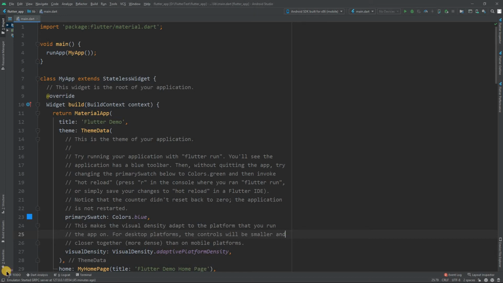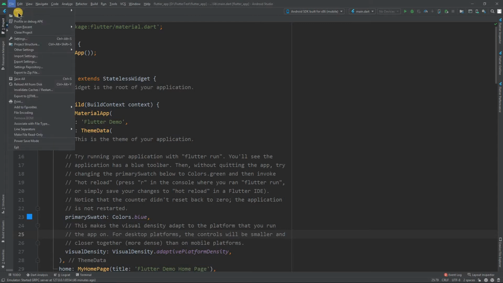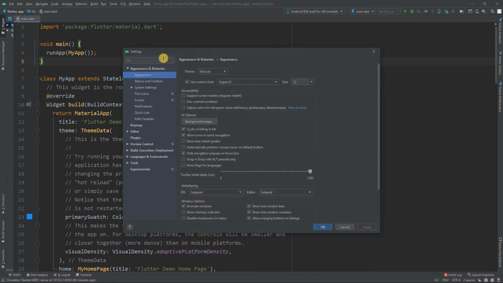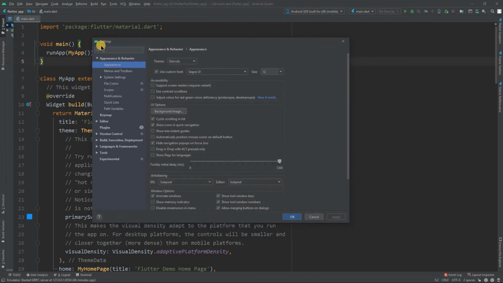In this video we are going to learn some cool tips about Android Studio. And if you are wondering why my Android Studio looks different than yours, then you are in the right place. I am going to talk about that. You just need to go to File and then Settings. If you are on Mac, then you have to find Preferences.